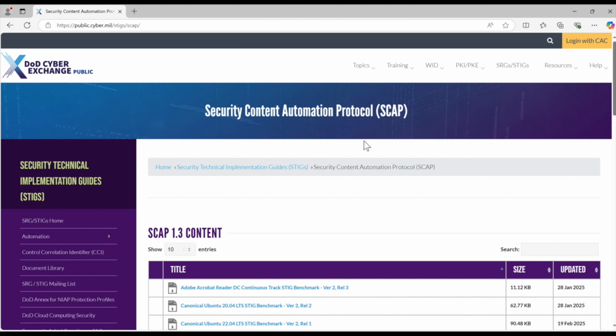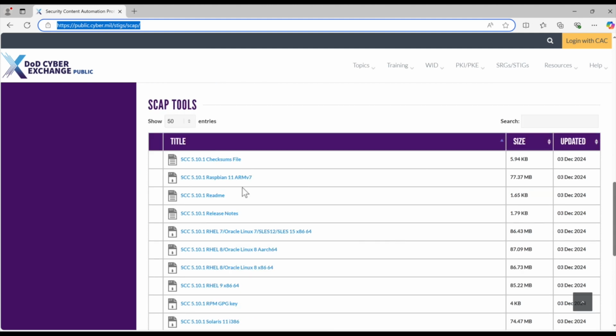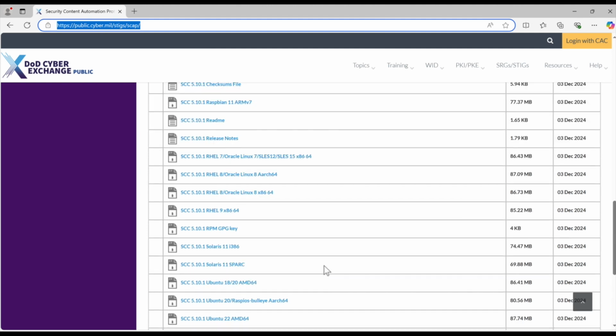Today I'm going to show how to use the Security Content Automation Protocol, SCAP, whatever you call the tool, to scan your machines in your infrastructure to get compliance information on how secure your machines are, to meet the compliance standards of DISA. If you go to public.cyber.mil STIGs SCAP, the link is right here, and you scroll down to the very bottom, the SCAP tool is available in many different flavors depending on the operating system you want